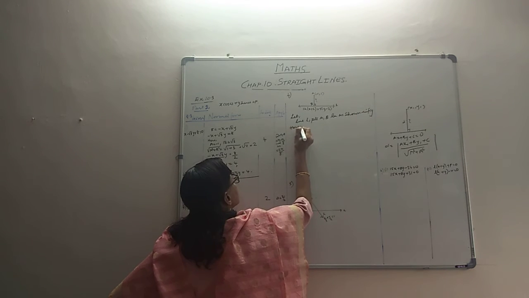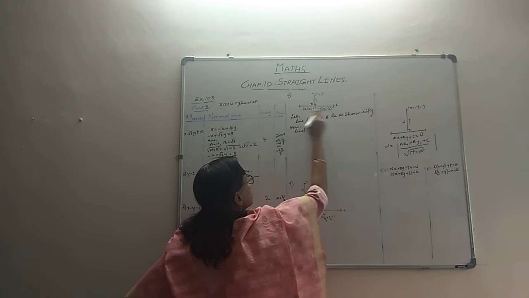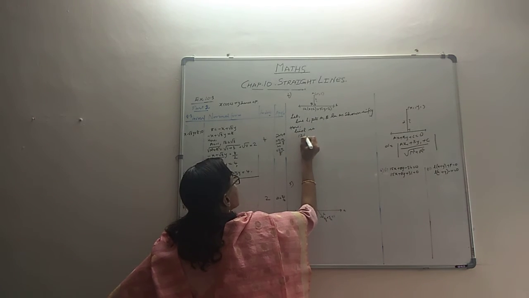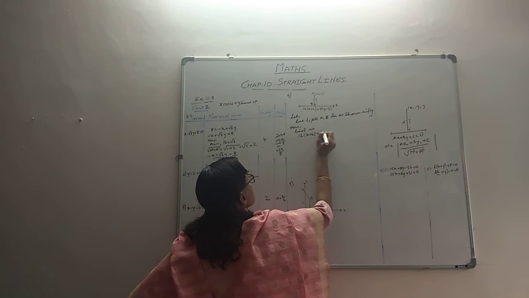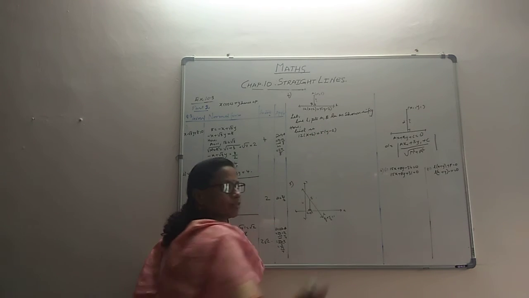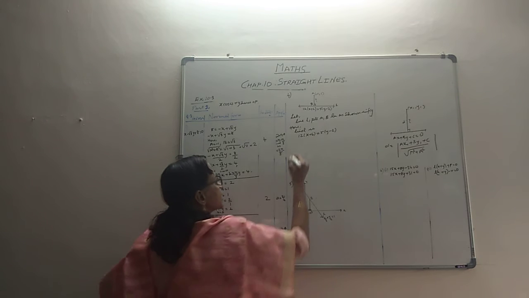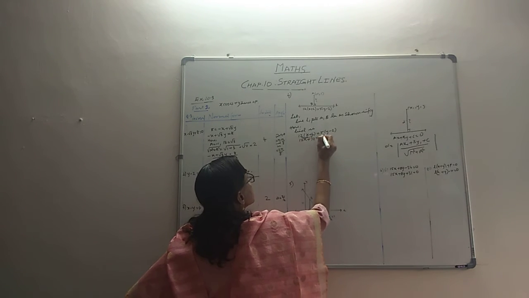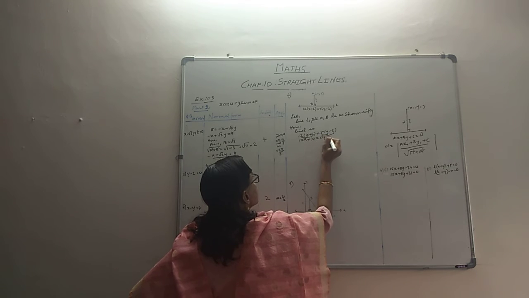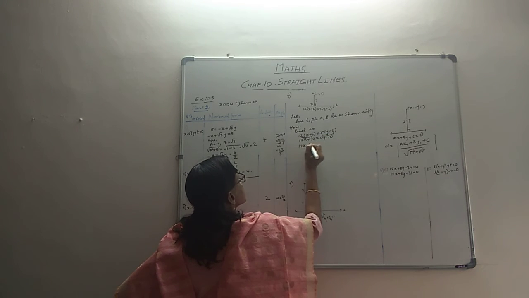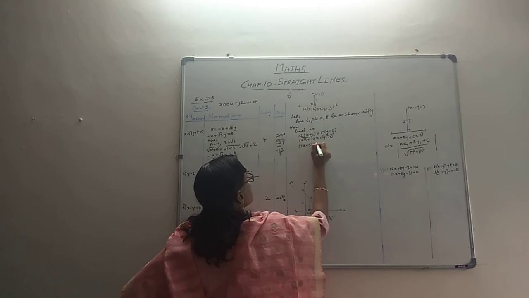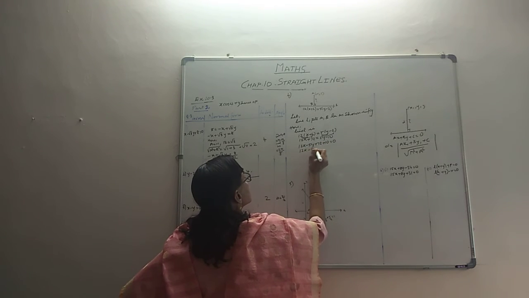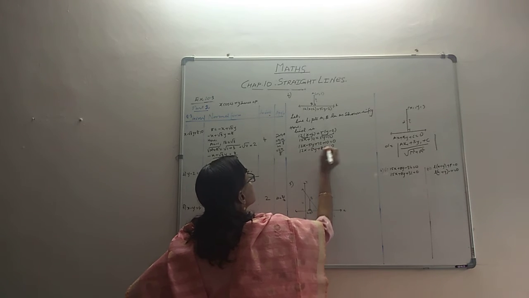Now see, line L has to be in proper form. It should be in this form, then we can apply the formula. Here line L is 12 times (x plus 6) equals 5 times (y minus 2). It's not in that form. We'll get it into that form, otherwise it's very difficult to get the distance. Let's open the bracket: 12x plus 72 is 5y minus 10. Have everything on one side: 12x minus 5y plus 72 plus 10 equal to 0, or 12x minus 5y plus 82 equal to 0.